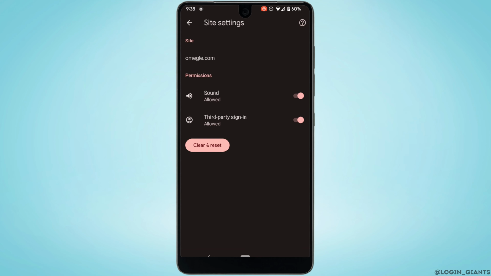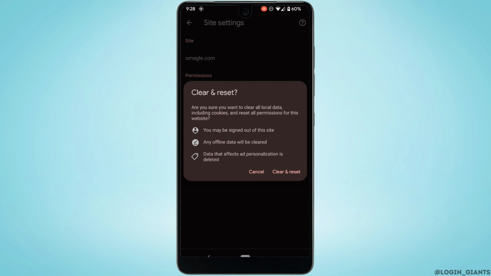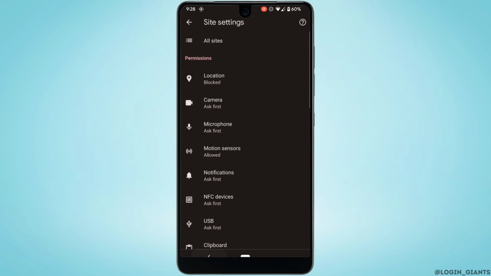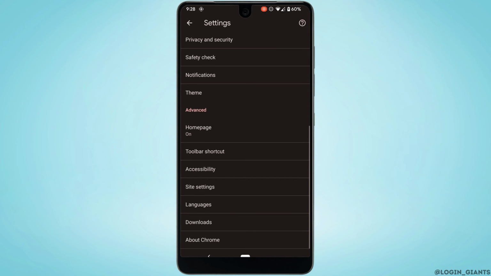So right here what you want to do is tap on clear and reset. Once again tap on clear and reset. Once the site has been cleared, it might fix the issue that you have been facing on Omegle. But if this doesn't fix your problem, then what you want to do is go back to the homepage